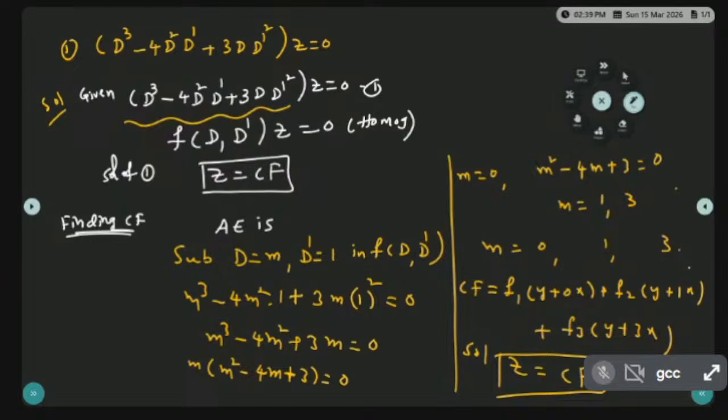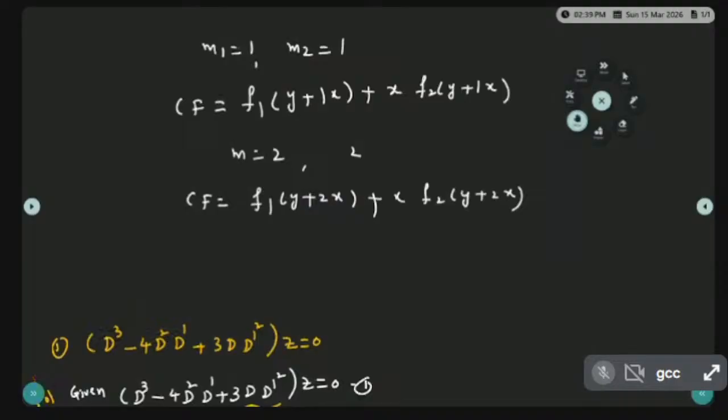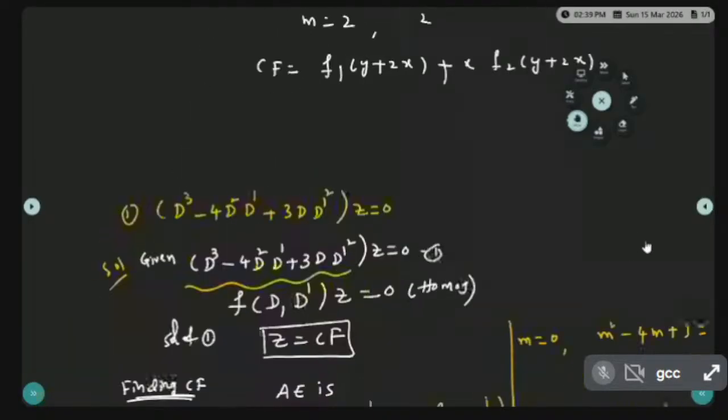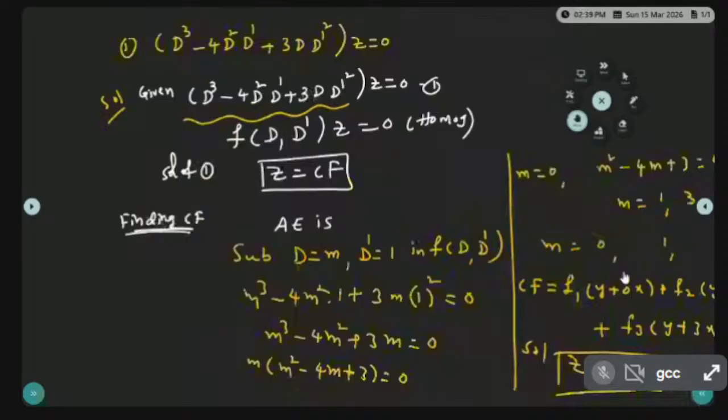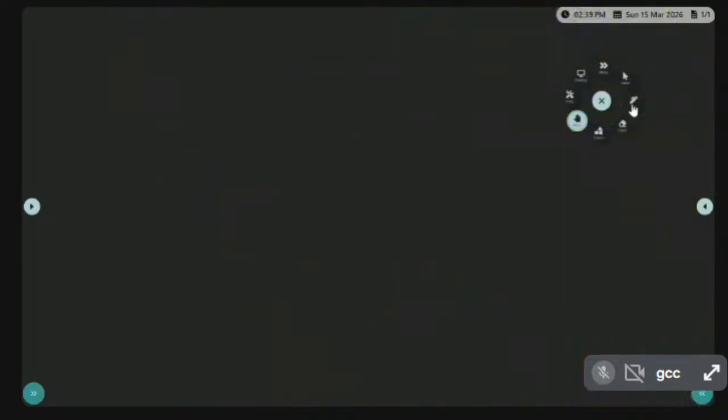Next. Okay, have you finished? Solve. You're not concentrating. Dou square z by dou x square minus 4 plus 4